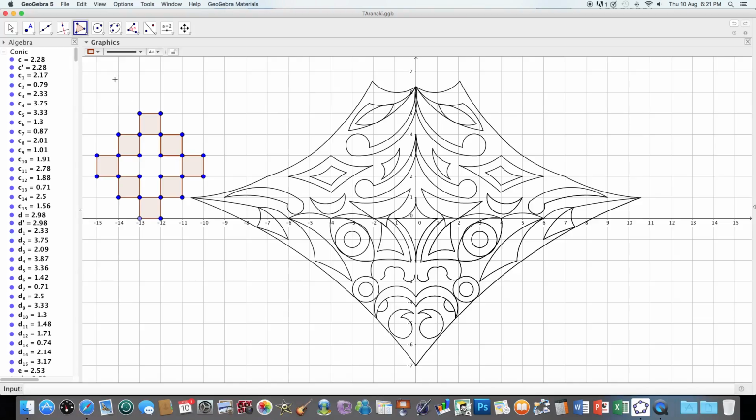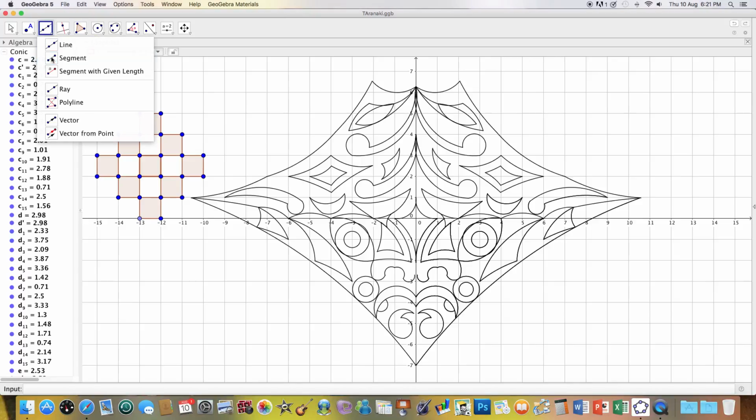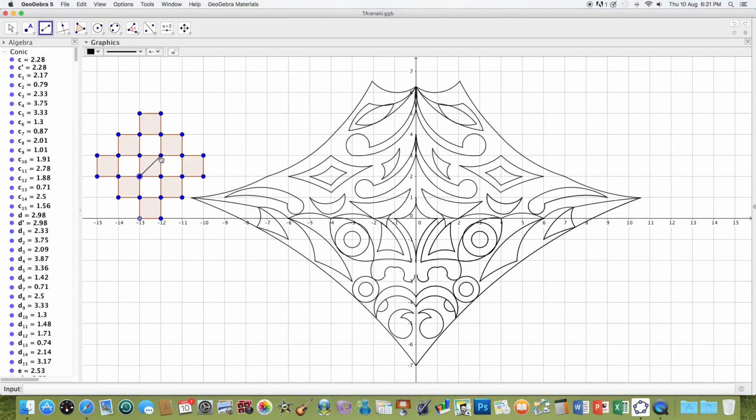Okay, so in the middle I'm going to put, and then I'm going to use the segment tool. I've already done a Taranaki2 pattern design. I just want to